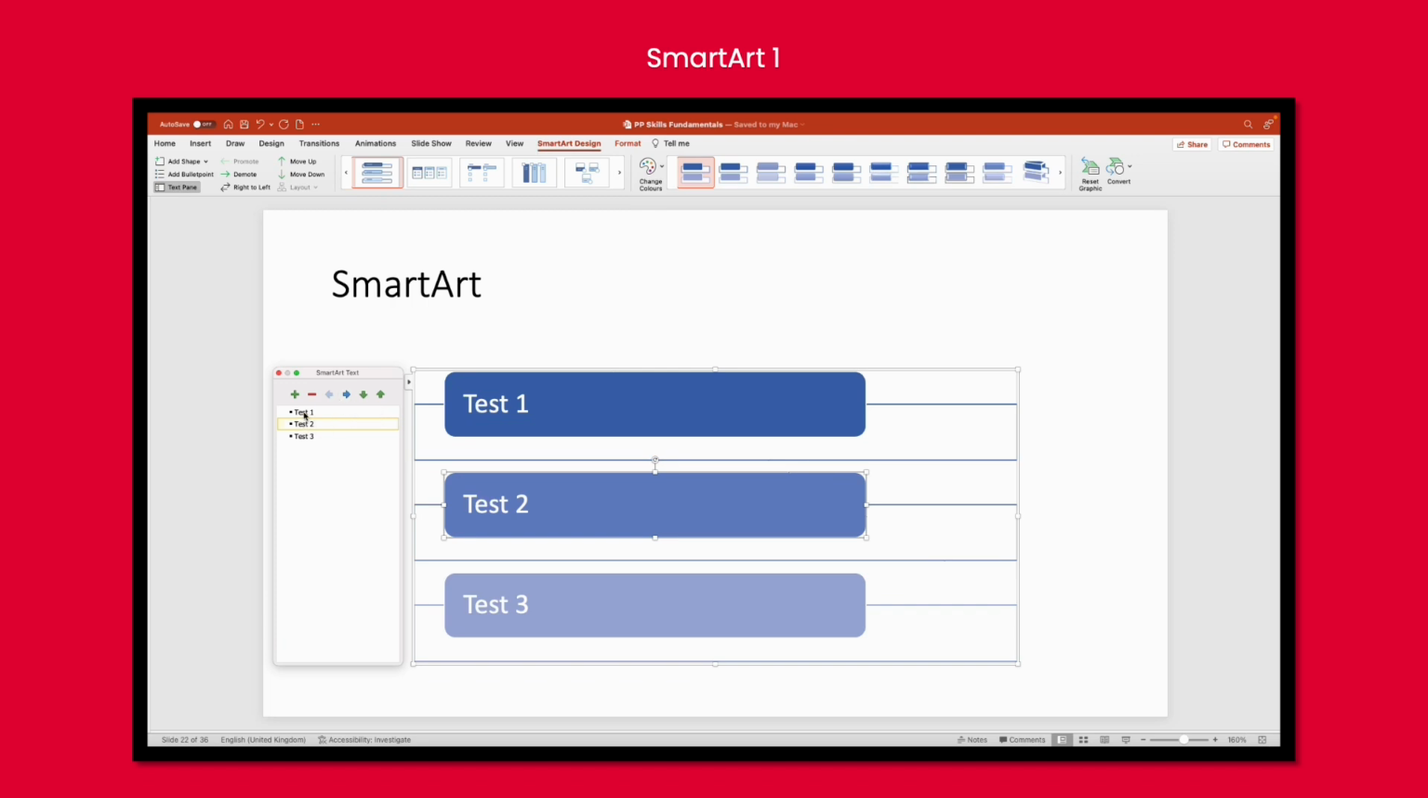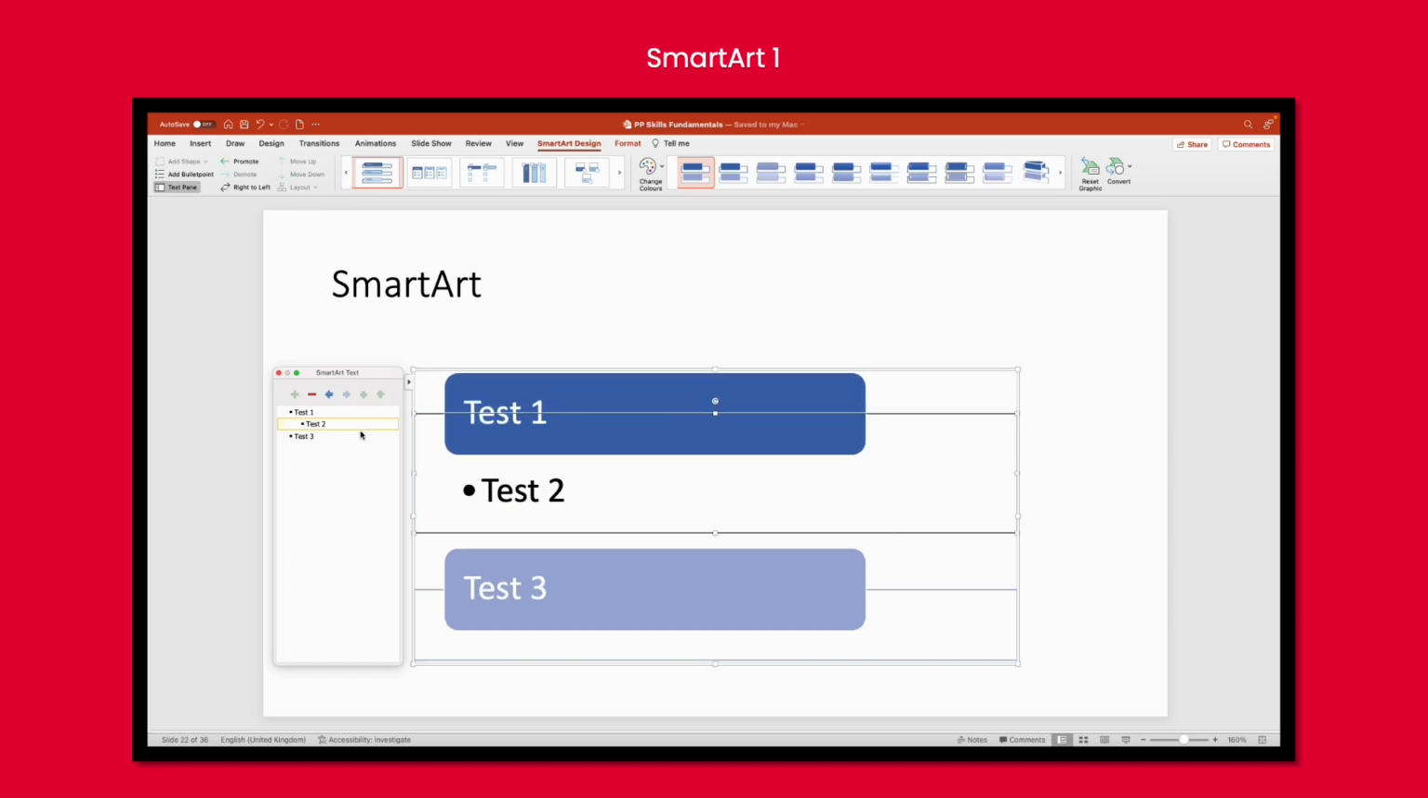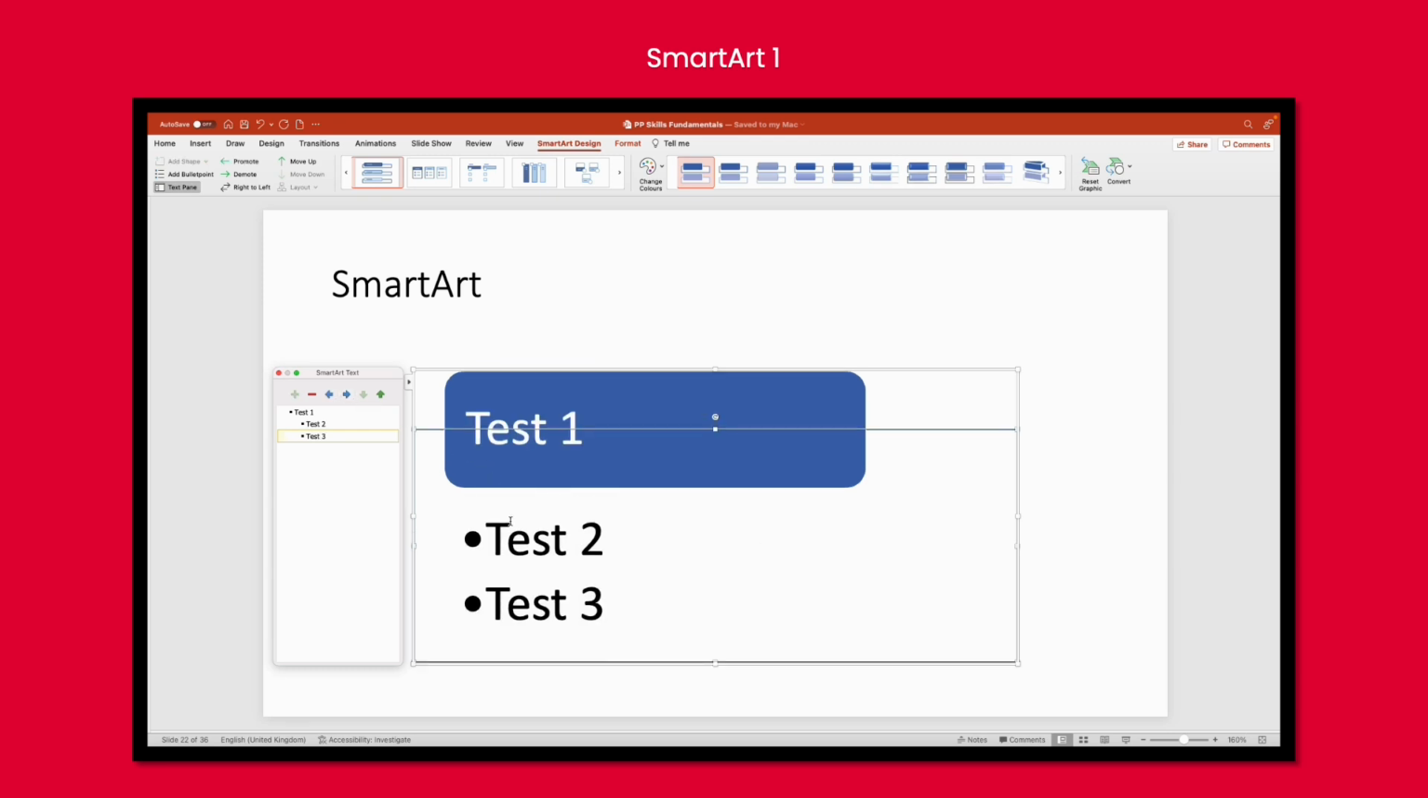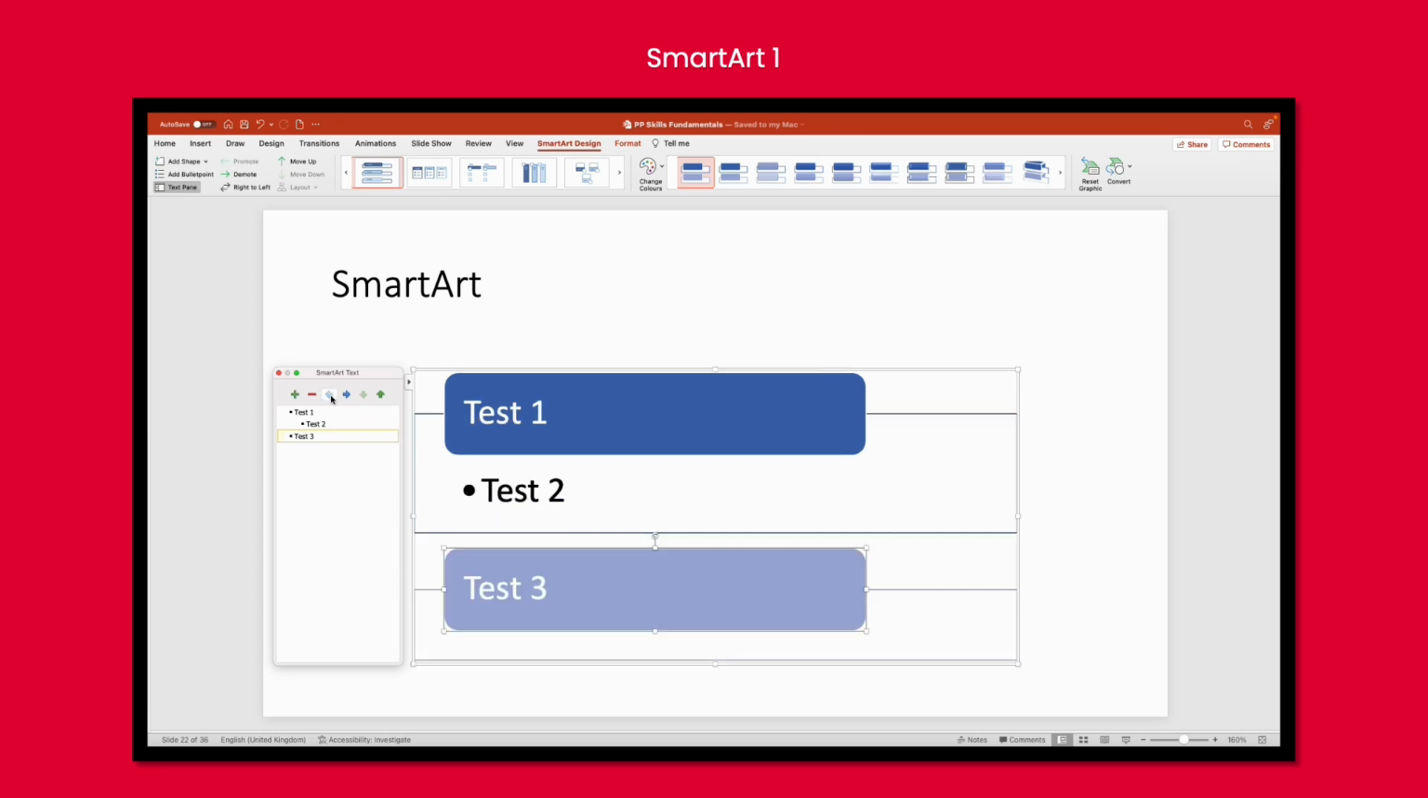At the moment, we've got 3 lines all given their own importance and place in the Smart Art. If I was to demote test 2, you'll see that it then becomes a subcategory of test 1. We can do the same thing with test 3. We can demote that, and it again becomes a subcategory of test 2 and test 1. You can then continue to promote or demote depending on the order in which and way in which you want your